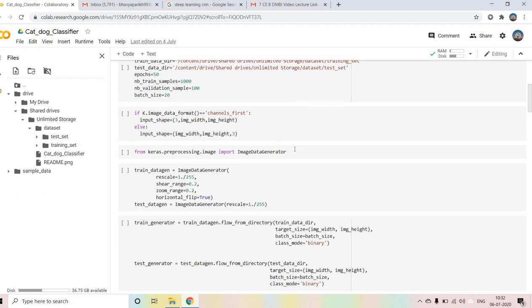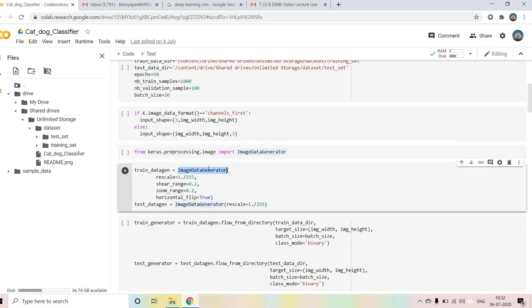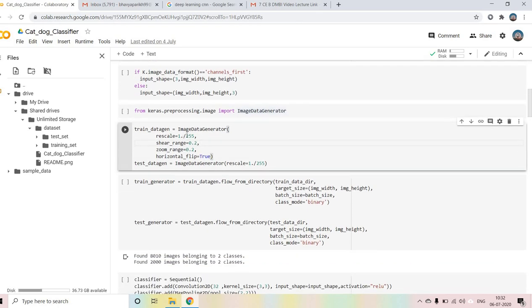We are also going to use ImageDataGenerator. You know about the image data generator. It will create horizontally flipped images, zoom them, shear them, meaning crop the images. We also have to rescale it because image pixels go up to 255, so we have to divide them to convert into the range zero to one. It will be very helpful to us.